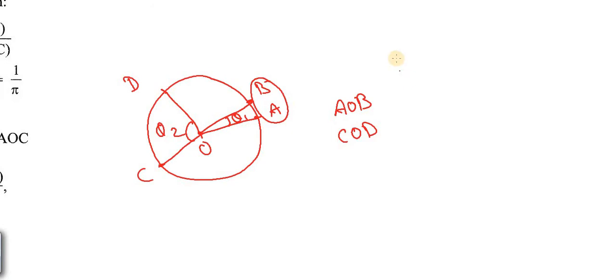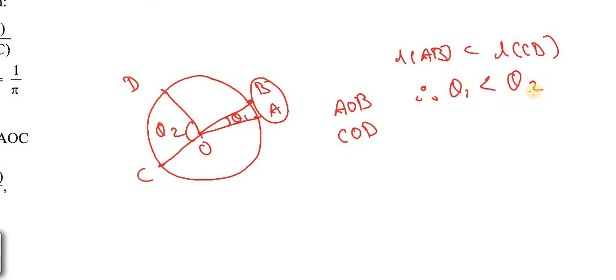Now it is very clear from over here that since AB is smaller one, the angle, let us say theta 1, is smaller than theta 2. So may I write that the length of AB is less than length of CD, and therefore theta 1 is less than theta 2. So when the arc is of short length, the angle is smaller. As the length of arc increases, angle also increases. This is known as direct proportionality. So we can say that the angle subtended at the center of the circle is directly proportional to length of arc, right?